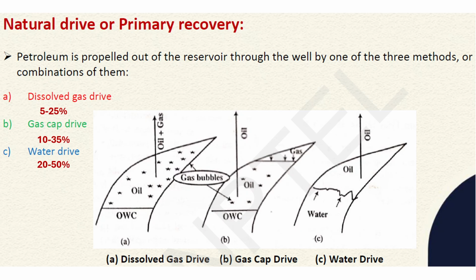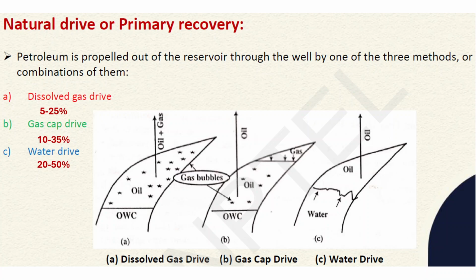So what happens is, during the natural drive, as I have told you, below there is huge pressure down in the earth near our reservoir rock. So when the well is dug, and initially when we try to extract the crude oil, the pressure is released. And as I told you, in the reservoir rock, crude oil is not simply oil. It is a mixture of water, oil, and gas.